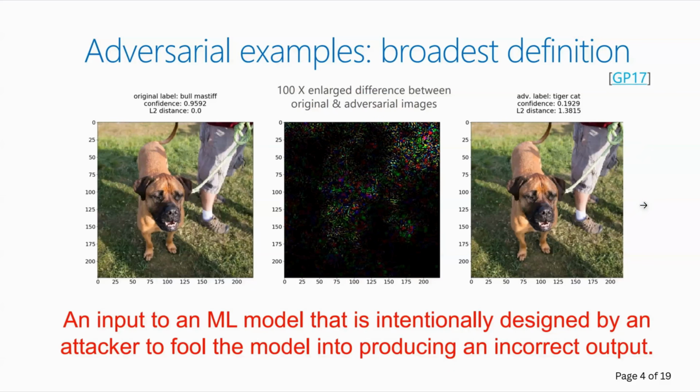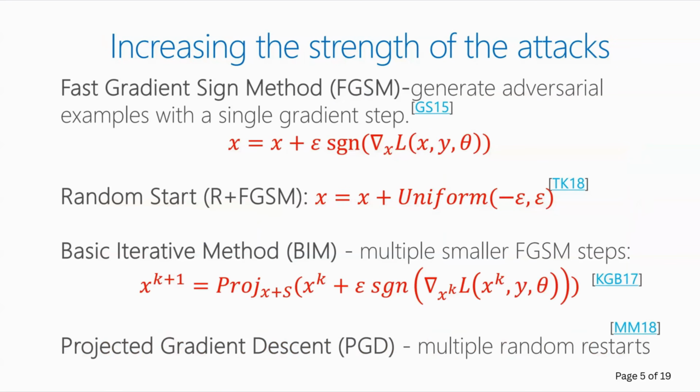Basically, these adversarial examples are inputs to the ML model, and they are intentionally designed by the attacker to fool the model into producing incorrect output, and there are very harsh consequences to it. So, diving a little deeper into how these attacks work,